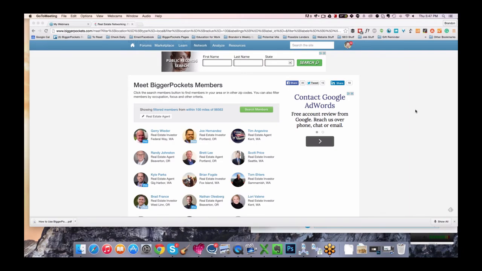Just to interrupt real quick, Tom asked when there's going to be a BP app for Android. I hope that's coming. We're trying to hire a developer right now to build it, so hopefully that'll come this summer. That said, the entire BiggerPockets is now mobile optimized. Everything is mobile friendly now, so you can do stuff on BiggerPockets no matter what phone you have, including the calculators, which I'm going to get to in a second.